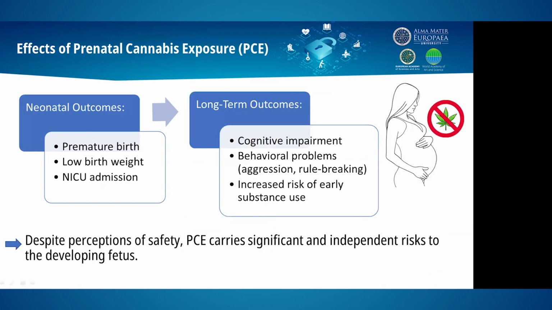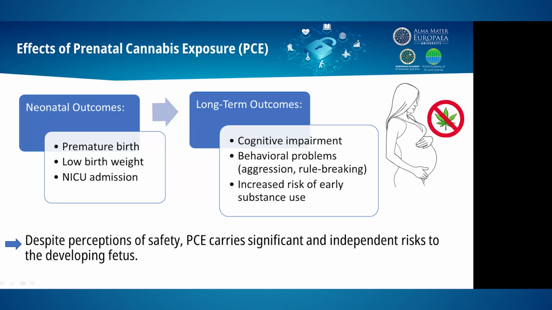When we looked at the effects of prenatal cannabis exposure, the picture is more complex but equally worrying. It is the most commonly used illicit drug among pregnant women, and its use is on the rise. Why do many women use cannabis in pregnancy? It is simply to alleviate pregnancy symptoms like nausea. And they believe that it is a safer, natural alternative, but the evidence tells a different story.